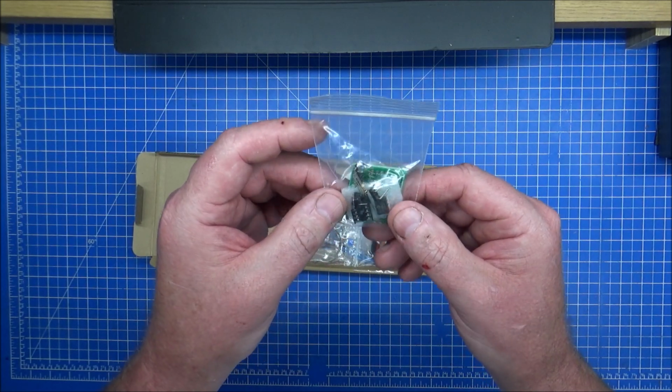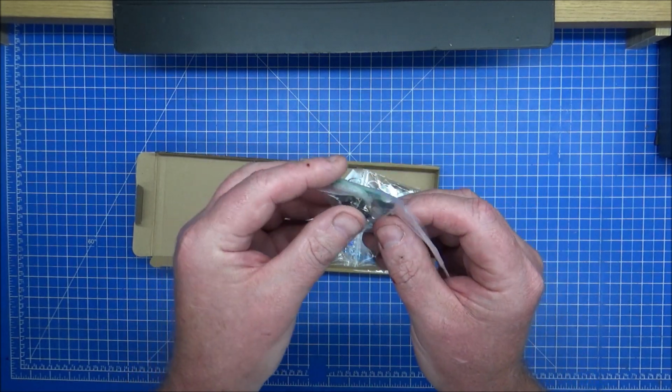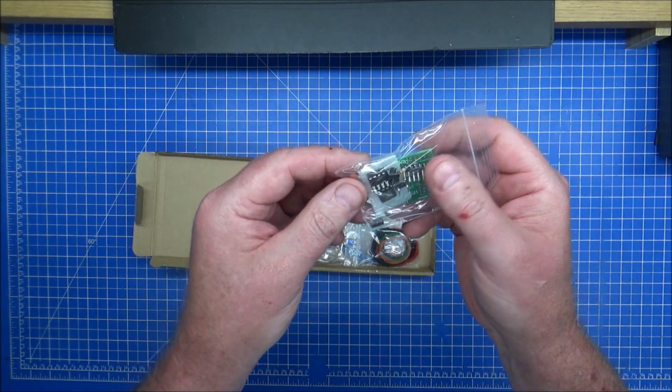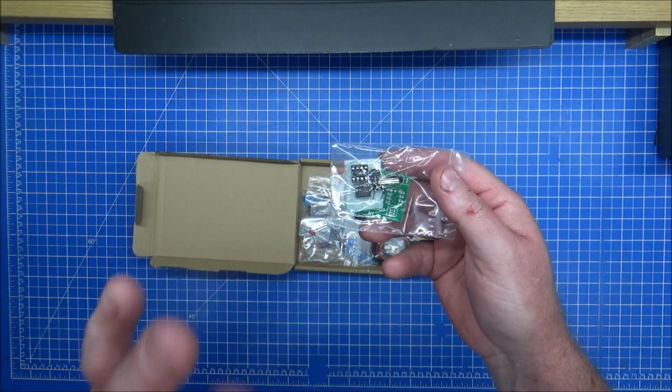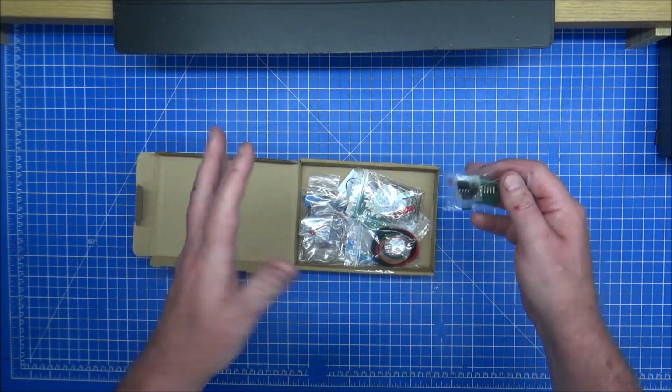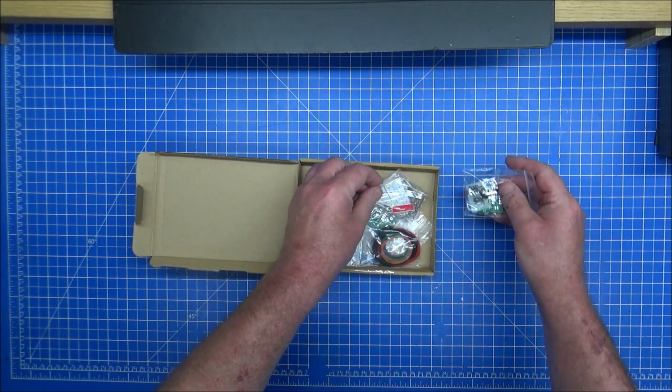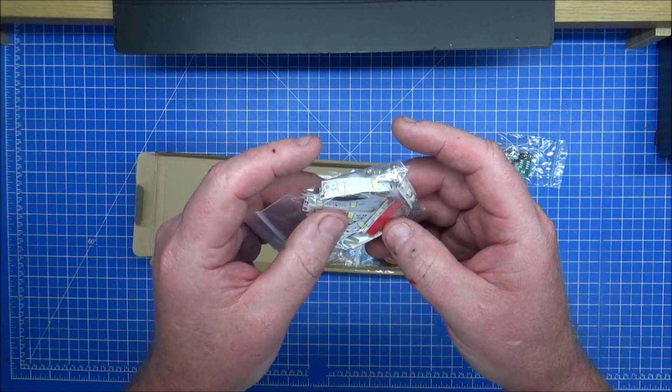So you have a chip holder, you have a circuit board. I assume this is one of the flasher units as well, so you need to make that up. Everything's in the bag. The instructions you get with it are on a PDF. Lucky for me, I have a screen in front of me, so I'll put that on while I'm wiring this up. You have short LEDs,